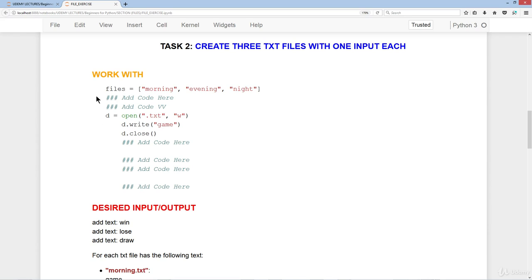As you can see here, we've got these hashtags where you add code. If it says add code here, you put the code directly on the same line. If it says add code VV, you put the code on the line below where it has these hashtags. So there's 6 in total here that you have to fill in. And the output that you're looking for